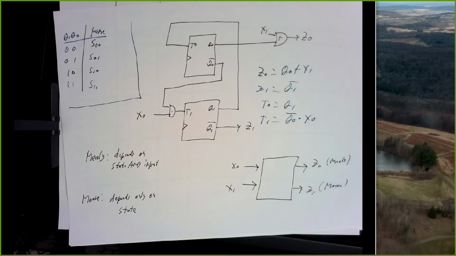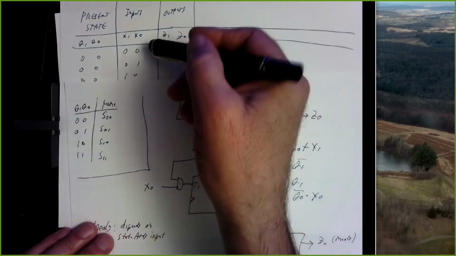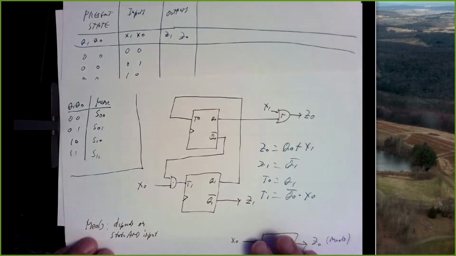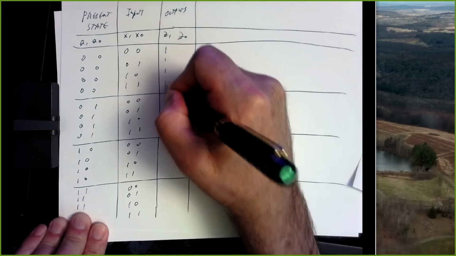When you have a picture like this, if you're trying to figure out what the value of an input is, there may be different wires connected to it. One of those wires should be an output, and that output is the thing actually putting a signal value, a 0 or a 1, onto that line. So you have to trace that. All right, so here are our equations. These are the outputs, these are the flip-flop inputs. So we can fill in our output column now. Z1 is just the complement of Q1, so it's the complement of this column. So Z1 looks like this.